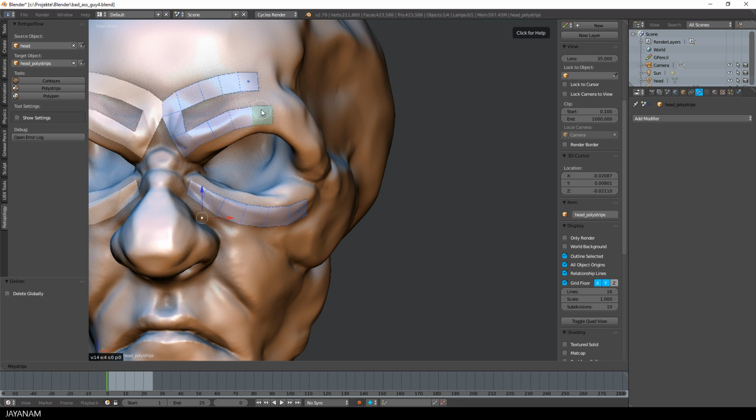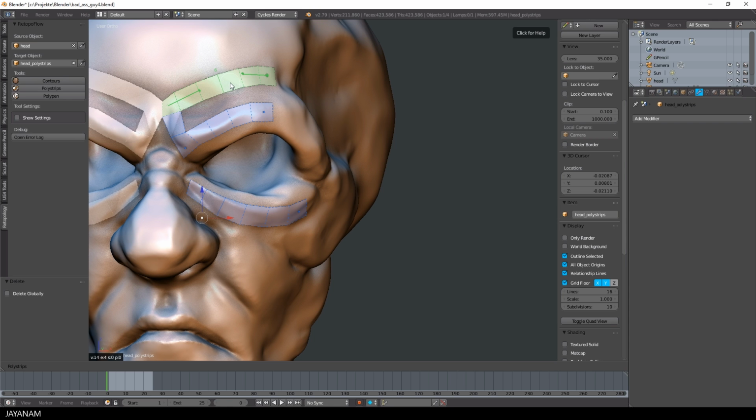As I said, you can select the anchor faces, but you can select these handles as well and press G to adjust the polystrip. When right-clicking on the polystrip, you select the whole strip, and there's a nice feature in this mode. When you select one strip, a small or rather tiny number appears. This is very hard to see here in the video, but it defines the number of faces for this selected polystrip. The first one has 6 and the one below has 5,